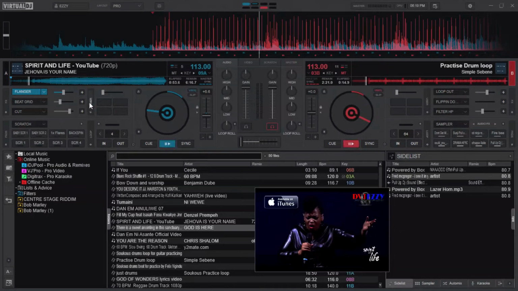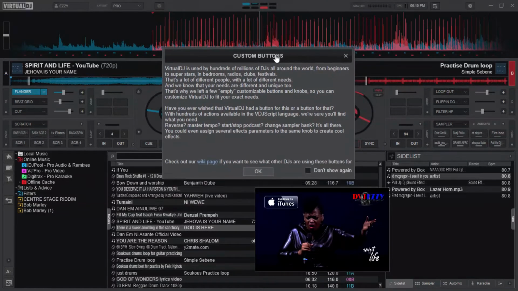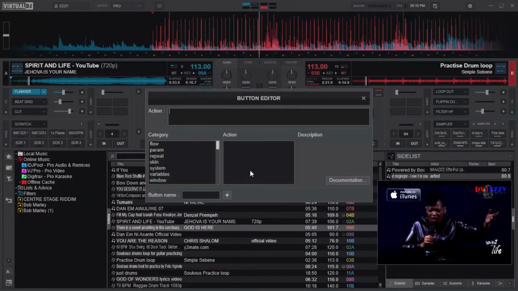From there we have the user section. I told you this one you can add, you can just click or right click any button that is blank. It will give you some kind of warning. You say okay. You select the icon, the action that you want to be loaded onto that button or onto that slider if you have selected the slider.